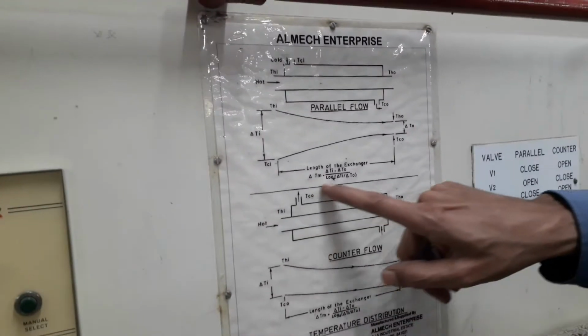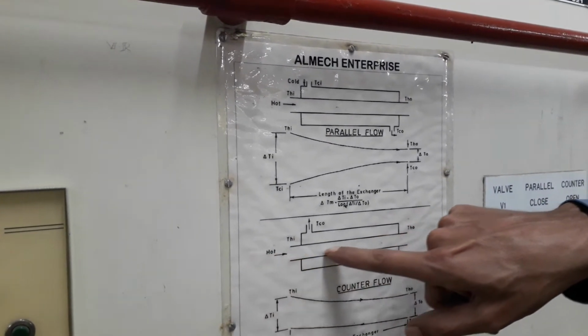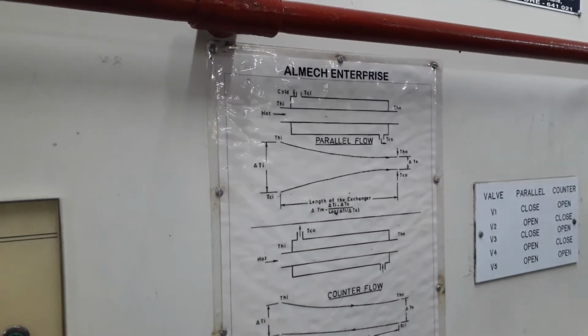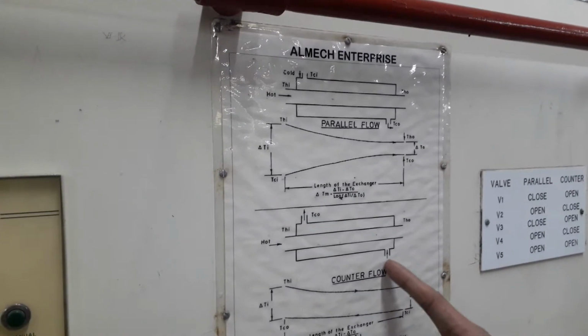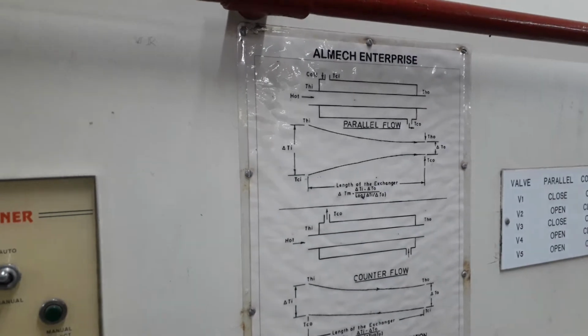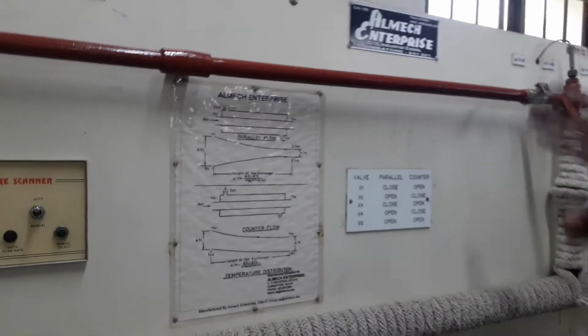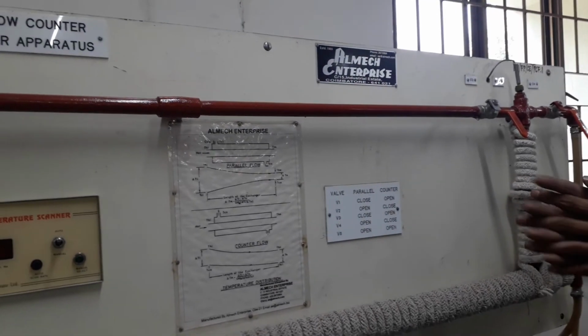The same thing here is shown in counter current flow. So hot is going from this end and leaving on the right side. On the other hand, the cold water is coming from the right hand side and finally crossing over and leaving at the other end. So heat exchanging in both the processes will not be the same. The theory will be discussed in your laboratory class.